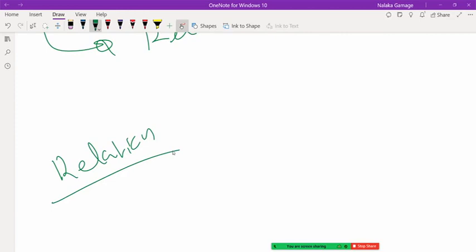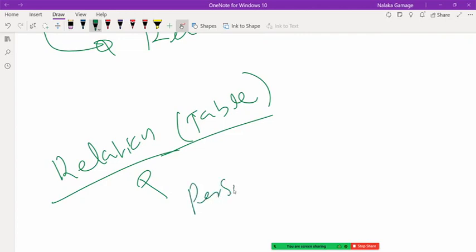So relations are what we also call tables. It's a conceptual thing, which is why we call it a relation, conceptual or logical. It represents an entity. Persist means save. In databases and ICT we use different words. Rather than duplicate, we say redundancy. Rather than save, we say persist. So relations persist data related to